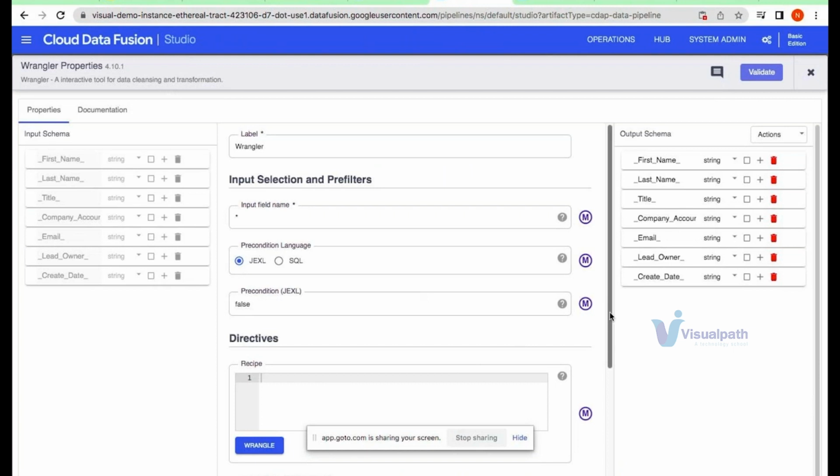Let's say I have a requirement to concatenate first name and last name, or a requirement to make some changes in my email, right? Again, as I said earlier, it's more like a configuration-based approach. So you can just go and click Wrangle there,